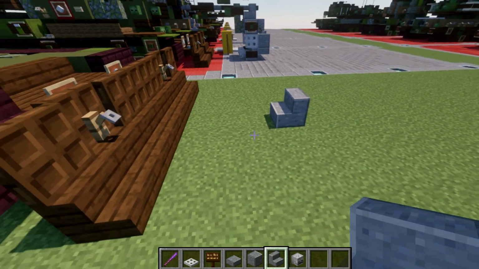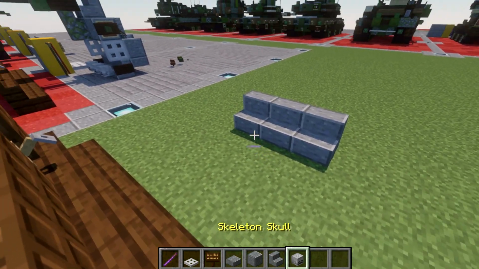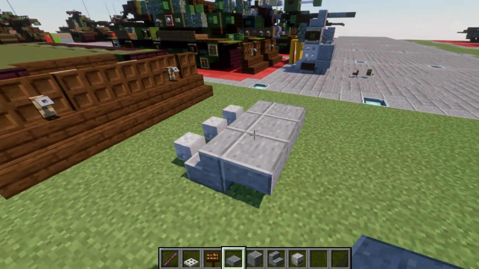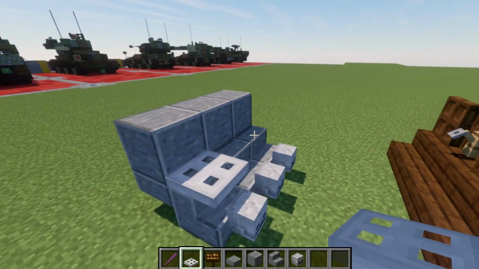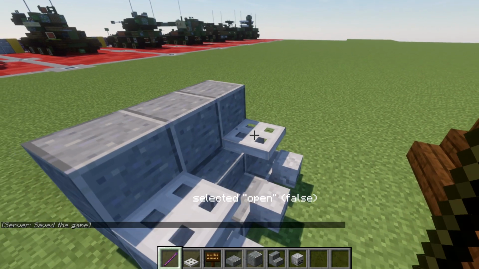place down a polished andesite stair like that. We're going to then place down a polished andesite stair to both sides of that stair, and then skeleton skulls along the front of the stairs, along with polished andesite top slabs along the rear of the stairs. We want to then place down a row of 3 polished andesite blocks to go up from the top slabs, and then an iron trapdoor like this to both sides, and a debug stick, which we're going to